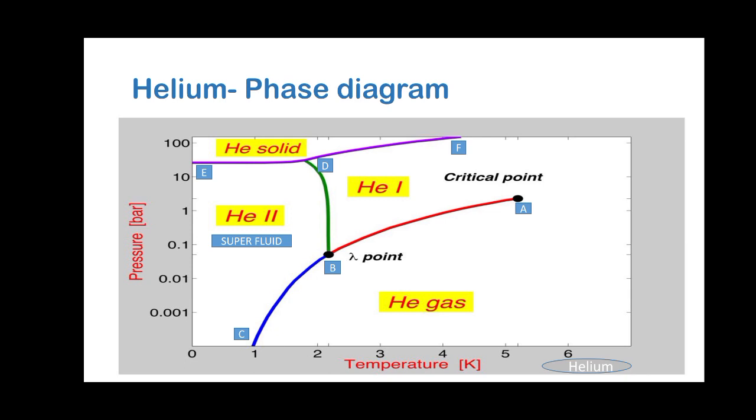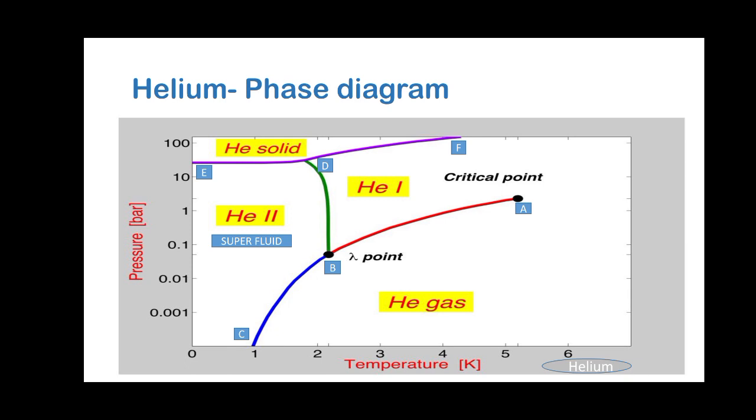A second unique feature of helium is that pure helium has two liquid phases, and the curve in between is called the lambda line. The phase marked helium 1 is normal liquid. Helium 2 is a superfluid. It is so called because it flows without viscosity. Helium is the only known substance with a liquid-liquid boundary in its phase diagram. And we can see the critical point and other things in the phase diagram. Now let us see